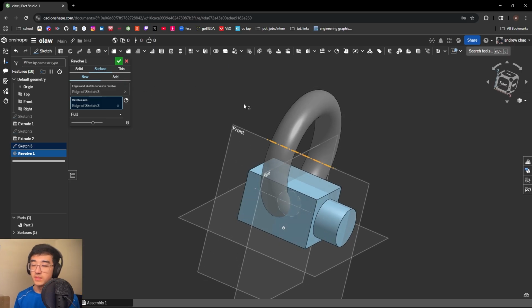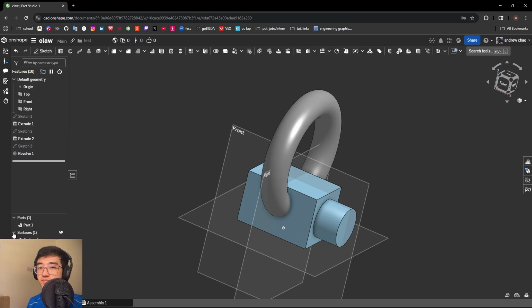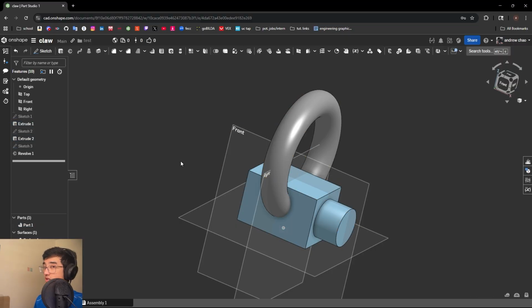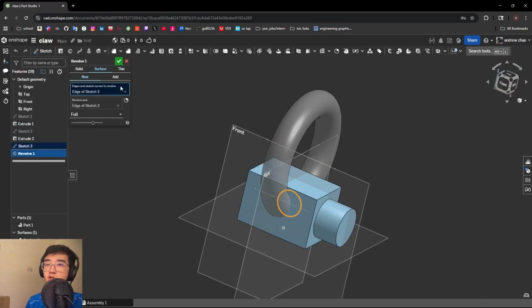Another cool thing about this extrusion is that you can choose to add to a part, or you can make it become a different new part. So if we want to make it a new part, then this just becomes a surface, and this part is its own separate thing. But we want it to be the same thing. So we're going to go back to revolve, and then we're going to press add, and it's going to add to